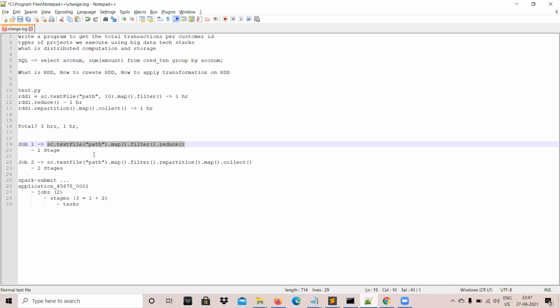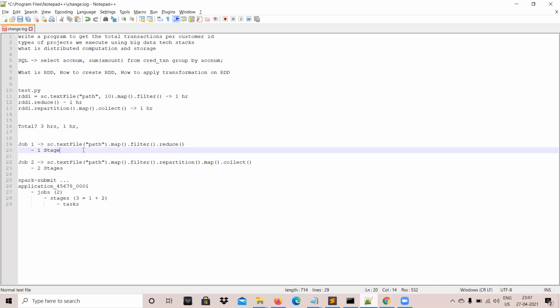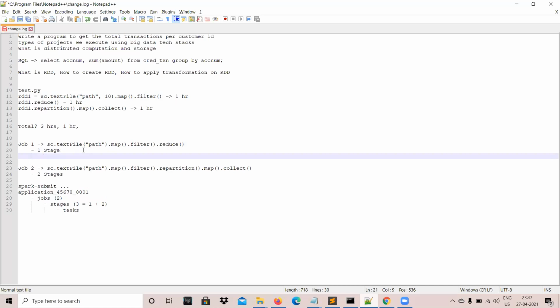Yeah, sure. So the number of wider transformations decides the number of stages. We have discussed that job 1 is 1 stage, job 2 is 2 stages, like that. And we are saying we read this data as 10 partitions. How many functions does this one have? Text file, map, filter, 3 functions. So 3 into 10, that is 30 tasks, because you have 3 function calls and 10 partitions each. In a very hypothetical scenario, you may get 30. It's not exact, but you may expect 30 tasks max.